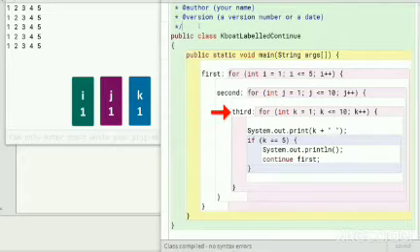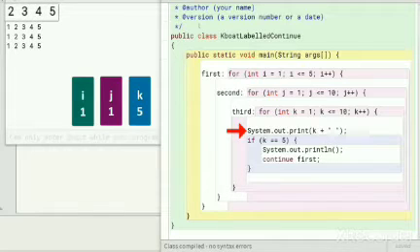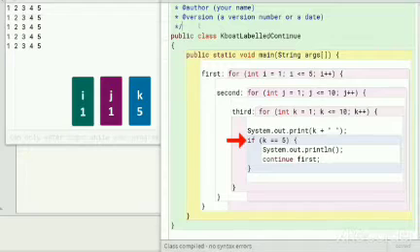It goes back to the beginning of the loop to start the next iteration. Similarly, the loop continues its iterations till k becomes 5, printing 2, 3, 4, 5 to the console. In the fifth iteration, when k is 5, this condition becomes true. Program control moves to this statement which prints a new line to the console.